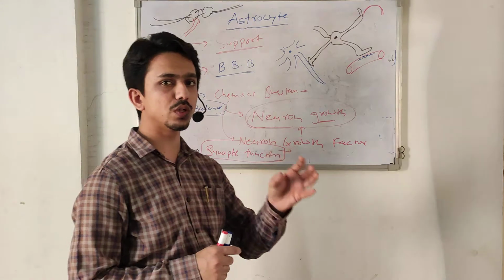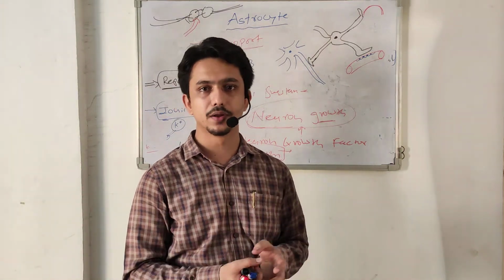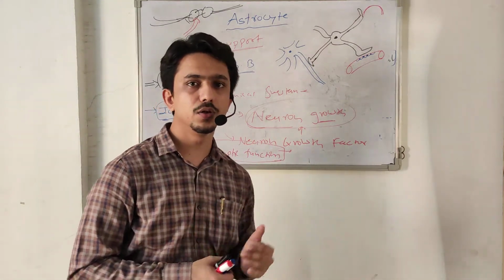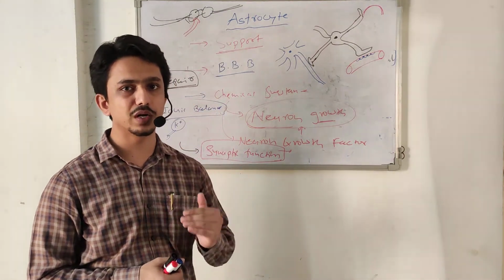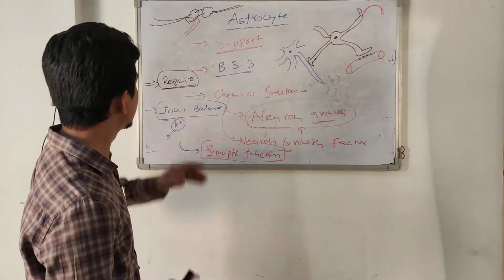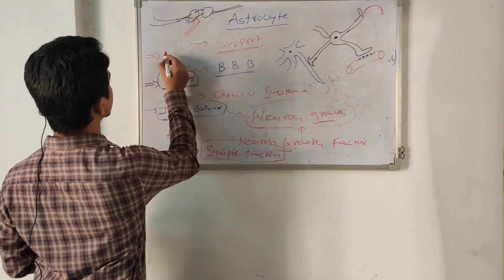Whenever there is damage to neurons, only then do they multiply and produce the repair by scarring. But they cannot promote neuron regeneration or neuron repair in the central nervous system. So this is about the repair. Also, they give